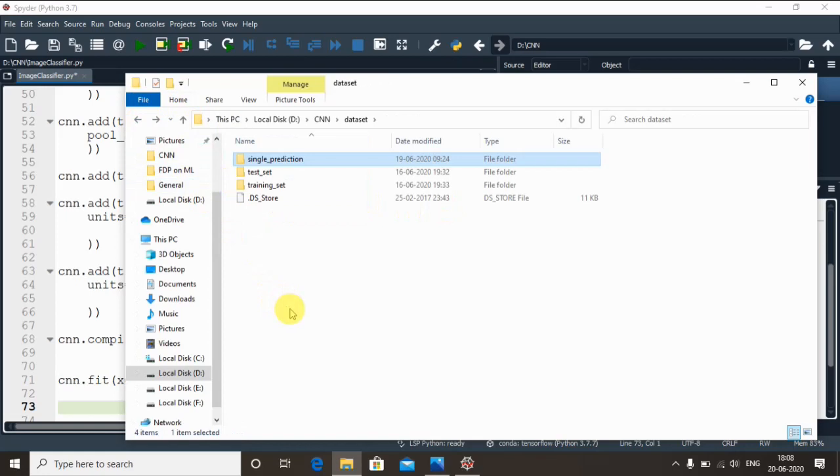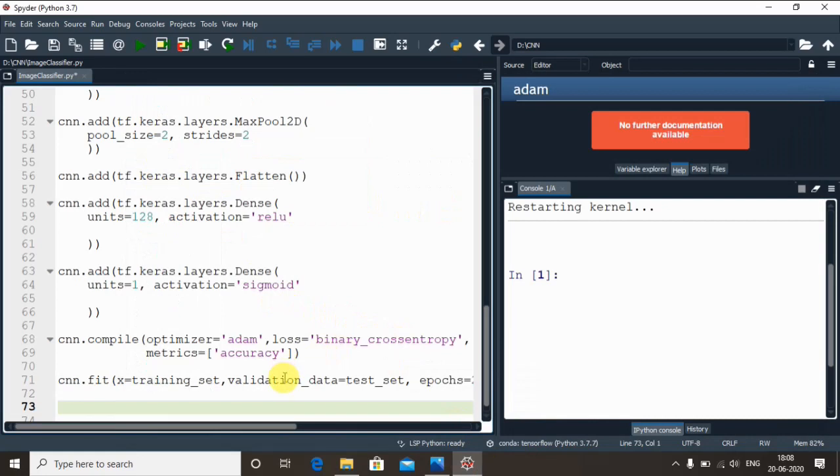Correct? So now we have to look forward to see whether our model predicts well in recognizing the cat or dog in a given image. Okay, so let's do it. Basically we will deploy our CNN now on each of these images, and let's hope to see that our model predicts well. Okay, so let's start implementing it.